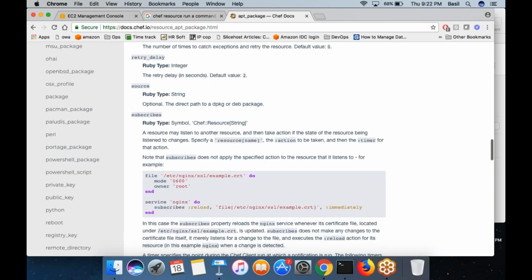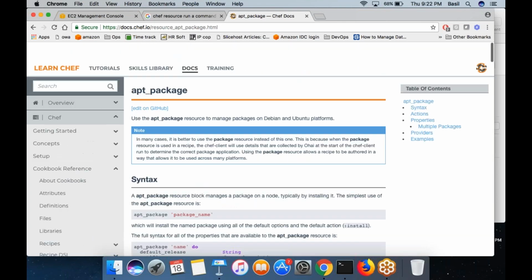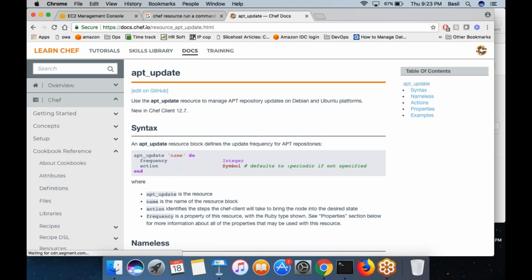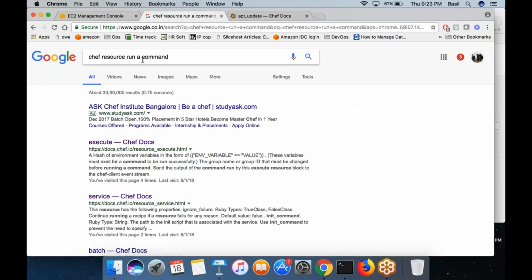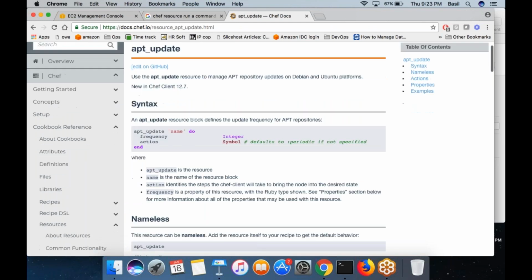So that's what this particular resource would do. Just go through each and every one of them. There is something called apt update. Maybe you don't need to use this execute, you don't need to run this command. Instead, probably all you can do is just run the command apt get update. Use the resource, you can see the action.